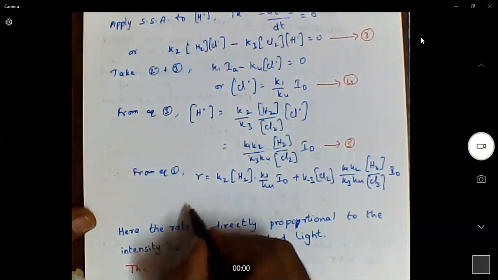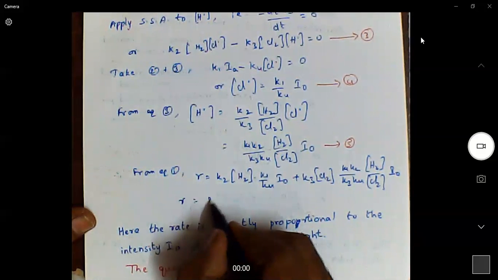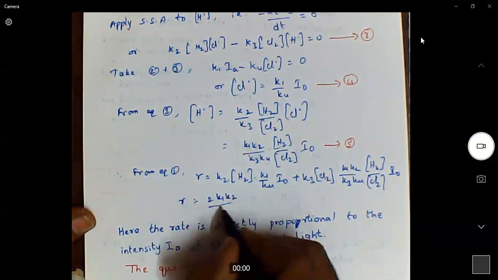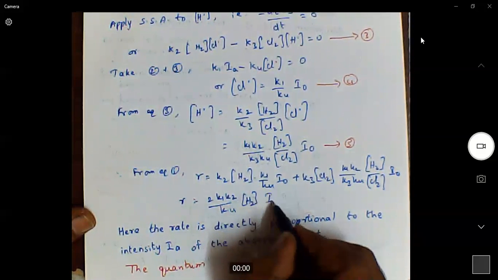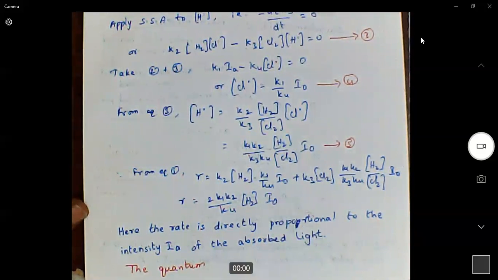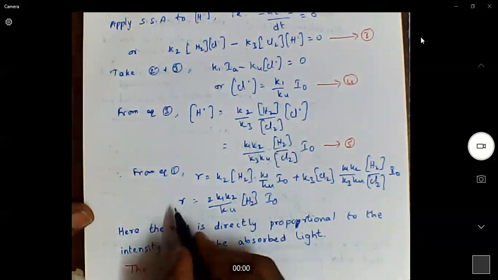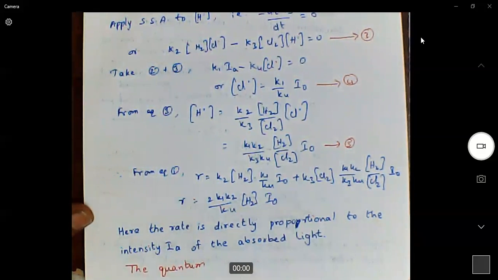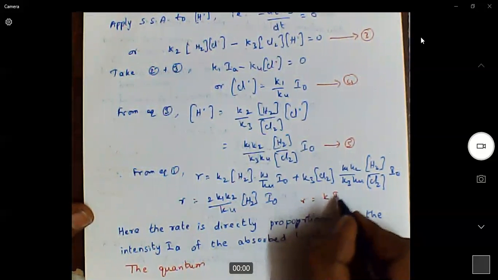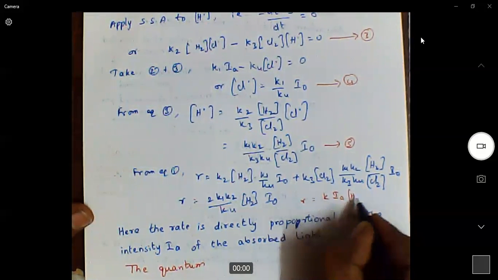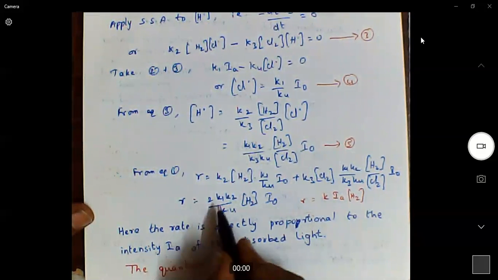When we solve these, we get 2 K1 K2 by K4 into H2 into I naught. This is the final rate expression, or we can also write R is equal to some constant K into Ia into H2, because all these terms